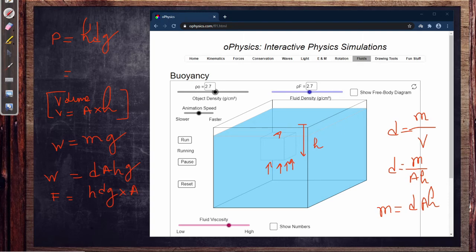And what about the pressure? Pressure means force per unit area. So if I shift that A to the denominator of F, we will get pressure, and that is F by A, that is equal to hdg. Now see, it is totally proved that P equal to hdg. So we finally got the proof of this case. Now there